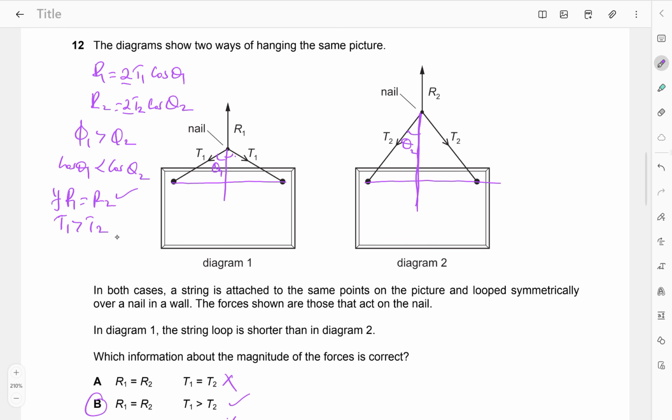These two angles are identical. That's why I said 2T1 cos theta 1 and 2T2 cos theta 2. But remember cos theta 1 is going to be less than cos theta 2 because theta 1 is greater than theta 2. Therefore, if R1 is equal to R2, then it is only possible when T1 is greater than T2 to compensate for the smaller value of cos theta 1. Okay,